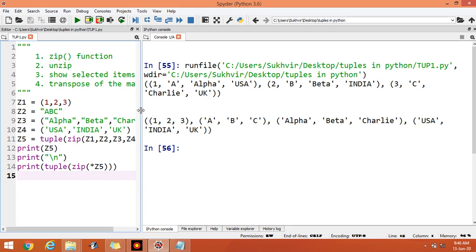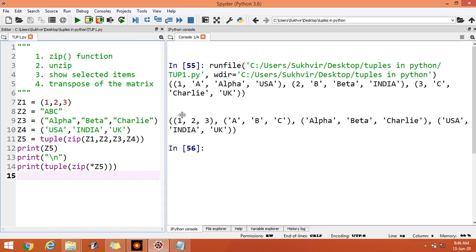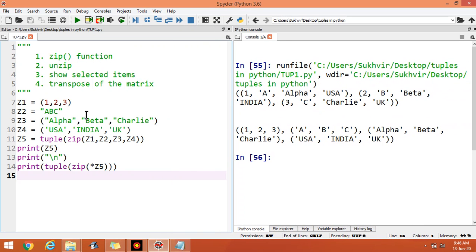That is the purpose of unzip and zip function. By unzip, you can display all the contents of the tuples, but if you apply zip function, you can display all the first elements together, then the second elements, and the third elements.